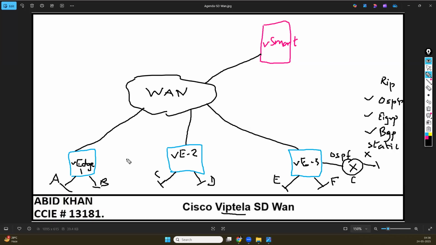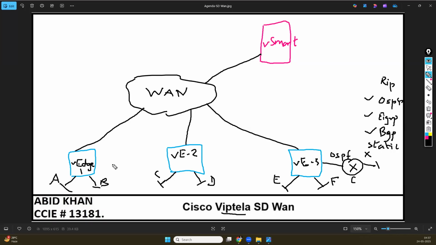Traditionally, what will we configure on these routers? We configure these routing protocols. But here, we are not going to configure any routing protocols, because this is not a traditional WAN. This is SD-WAN. In SD-WAN, the WAN edges don't have any